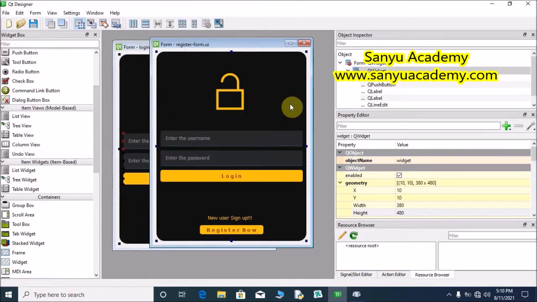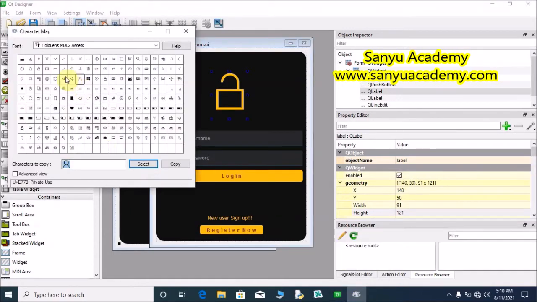Now we have to make some changes in the registration form. We are going to change the logo of this form. Select this logo and go to the character map. Here we can change, instead of this lock, we are going to provide the user.